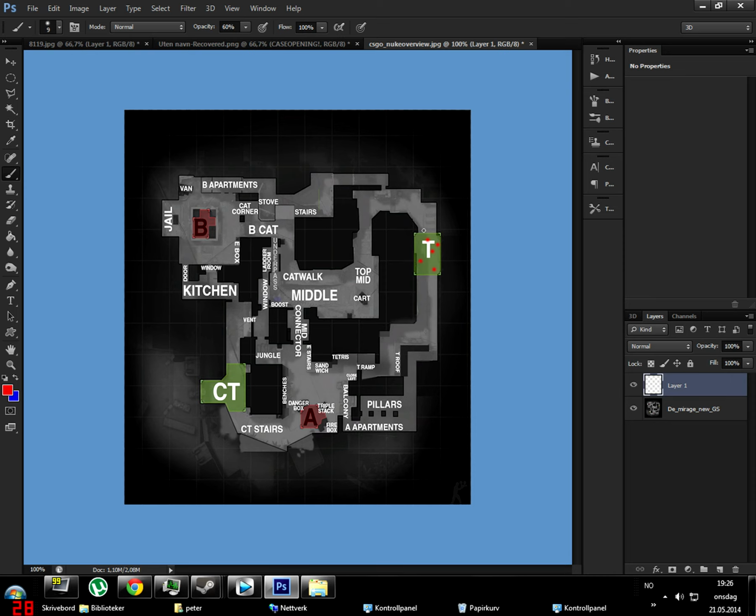Okay, the tactic is that you send two guys to mid. Maybe an AWP, maybe not. You send two guys to B apps, standing at the B kitchen or stove as it's named on this picture, making noise, flashing over here and into cat corner, jail, onto B spot. Flashing, doing stuff. But one guy goes A apartments, hiding out. And as these guys get out on mid, clearing off mid,